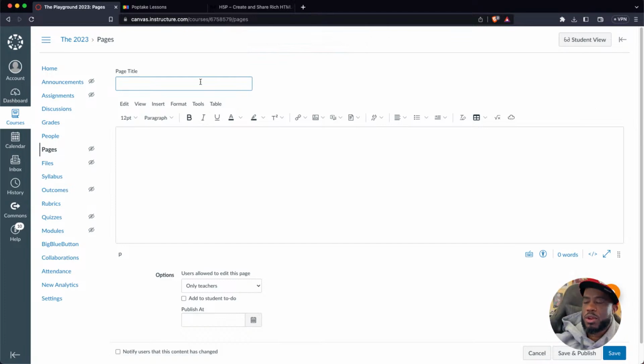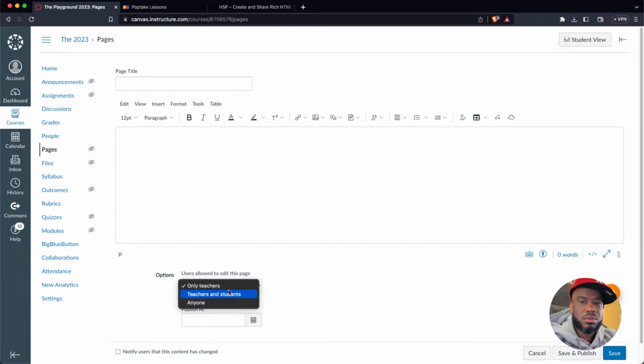If you click the regular page, it looks just like this. You've got all your tools here. You've got a menu here. You've got a page title, and you've got a place to put text. You can also say, hey, I want teachers and students to be able to see this particular page, to edit the page, or anyone. The teachers and students aspect, if you're doing collaborative work with students and they're going to be adding and subtracting things, is really interesting to play around with. But that's not an advanced skill, just a skill that perhaps we're not going to go over today.